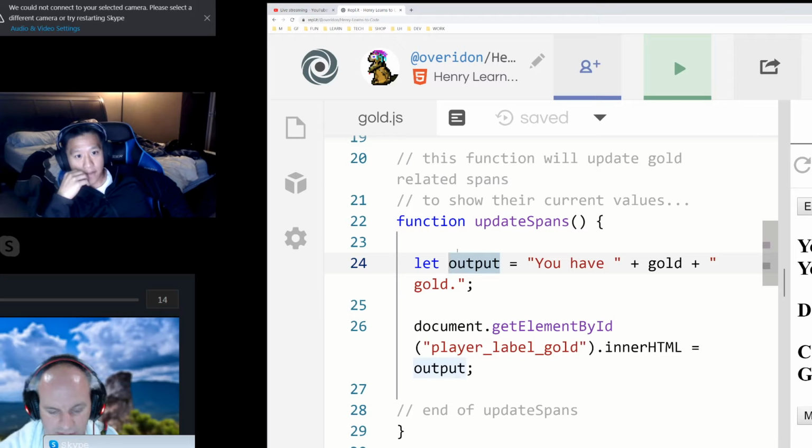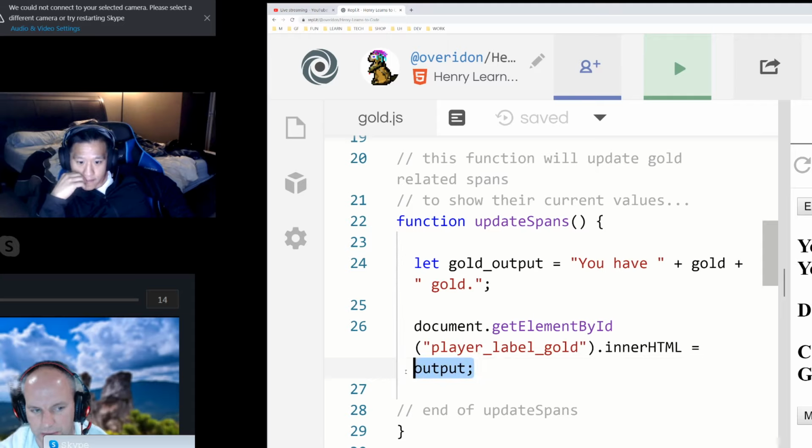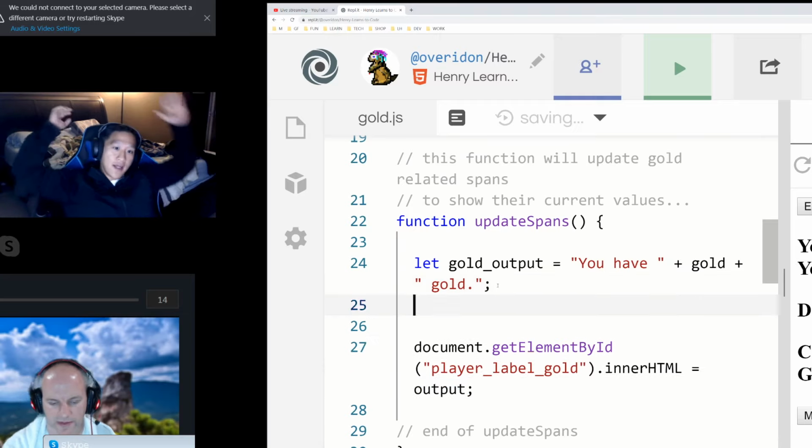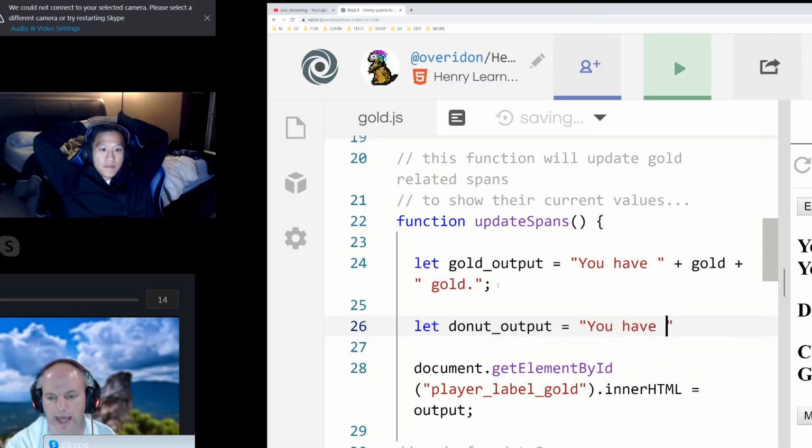So let's call this let gold output, where we're using it in the doc inner HTML equals output. Oh, I get it. Check this out. Now I get it. Output equals you have